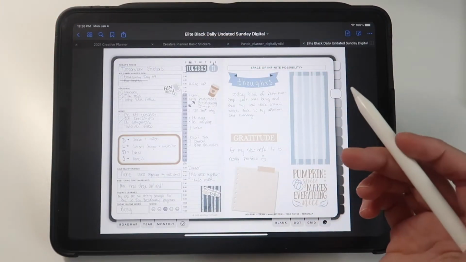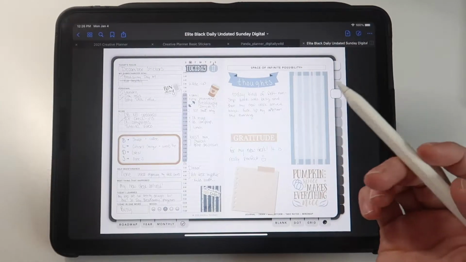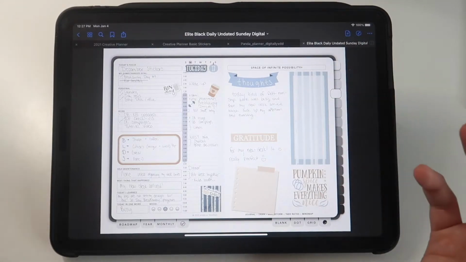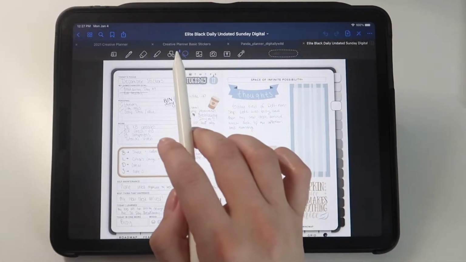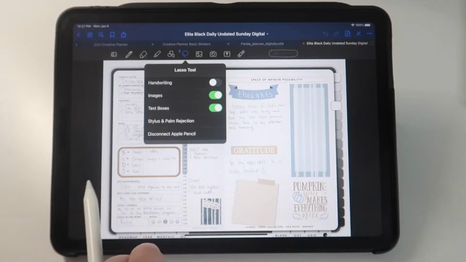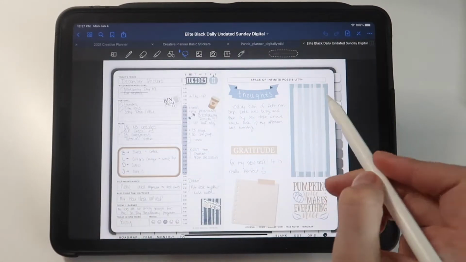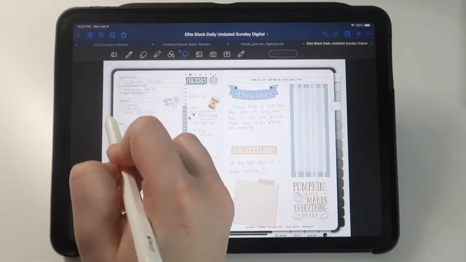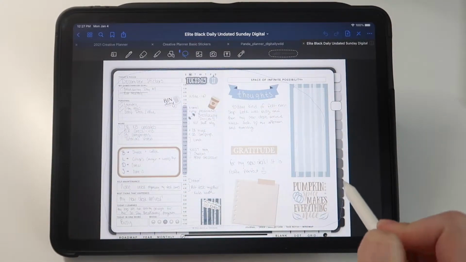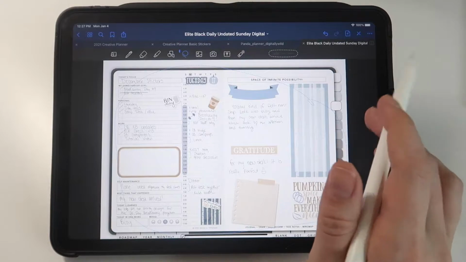So when I was doing the Passion Planner, I found that I really liked a setup that I had and I forgot to copy and paste it over before I wrote all over it. Well, I would take my lasso tool, make sure the handwriting was off, and then I'm able to literally cover the entire page, hit copy,